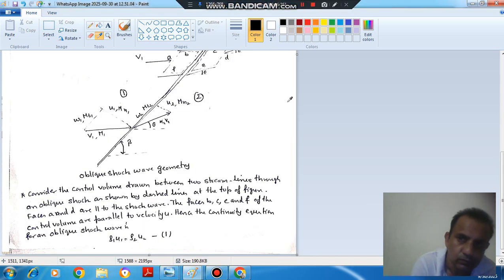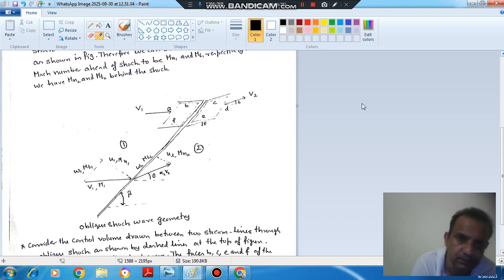If we consider this figure and take this part, then at A the tangential component of pressure is 0. At F and at B the pressure is the same because it is before the shock. And if we consider this figure, then at D the tangential component of pressure is 0, and at E and at C the pressure is the same. So the change in pressure along the shock wave is 0.